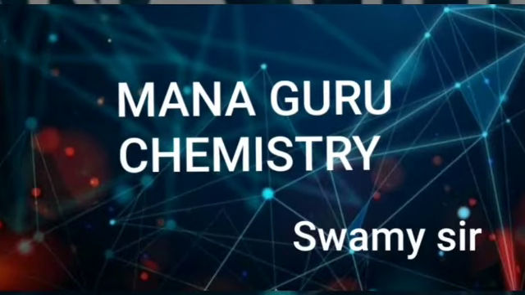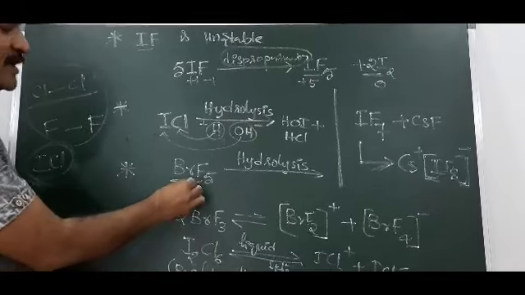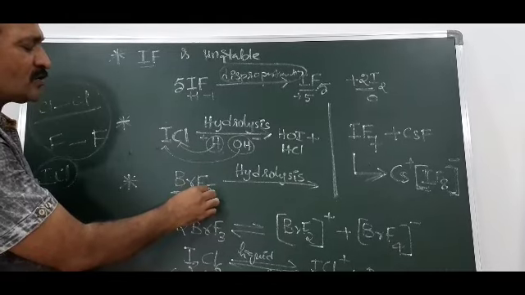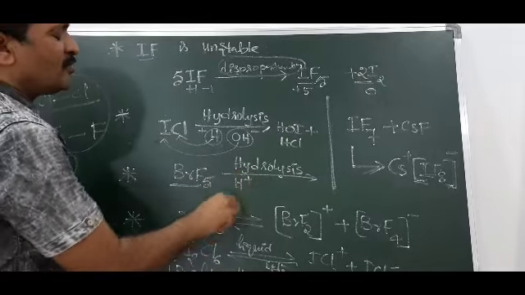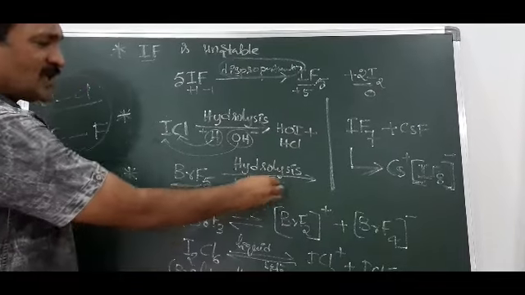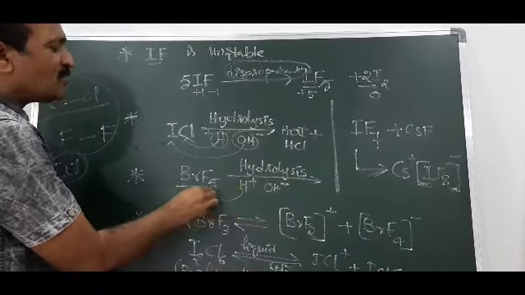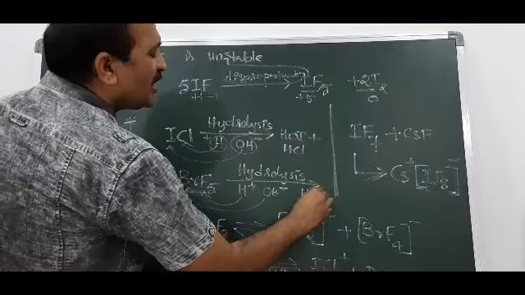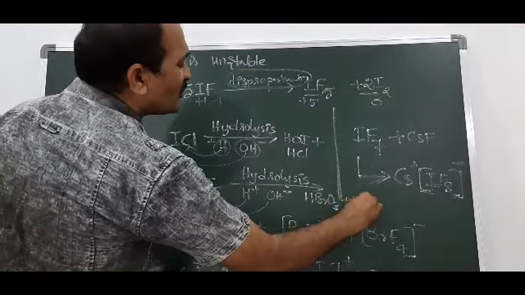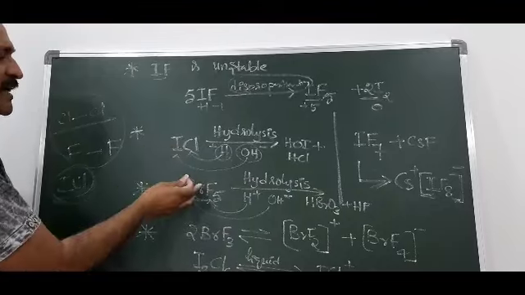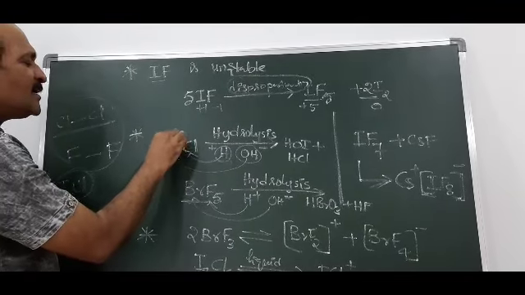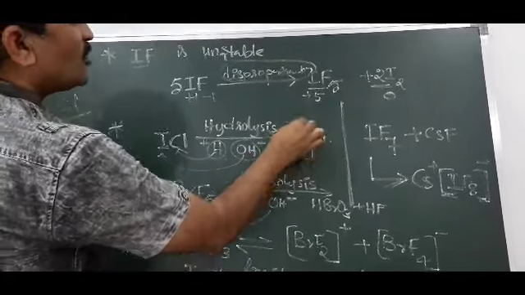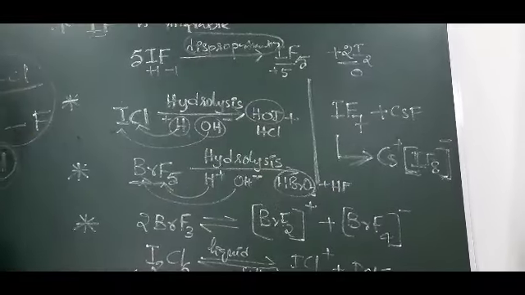Students, taking BrF5, bromine is the less electronegative halogen and fluorine is the more electronegative halogen. If it undergoes hydrolysis, hydrogen has a plus charge and OH has a negative charge. For convenience, I am writing like this. This H plus will attack the fluorine and OH will attack the bromine, and then you get HBrO3 plus HF. So during the hydrolysis of interhalogen compounds, the central atom, the larger atom, the less electronegative halogen, can form oxyacids. That is the important point.